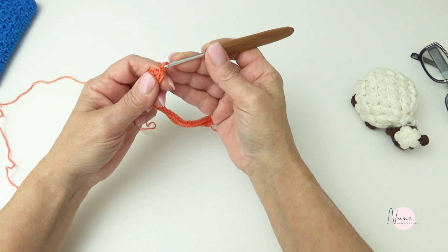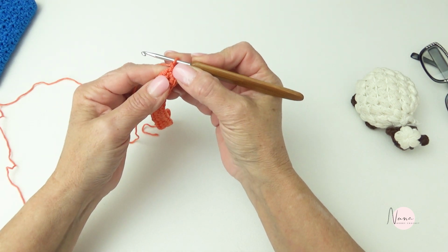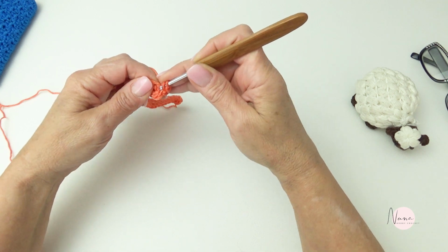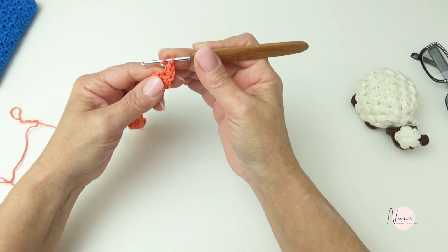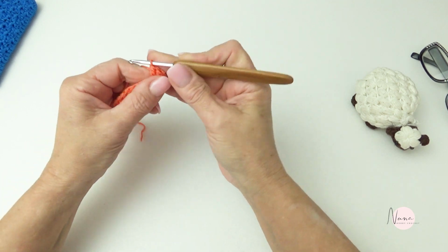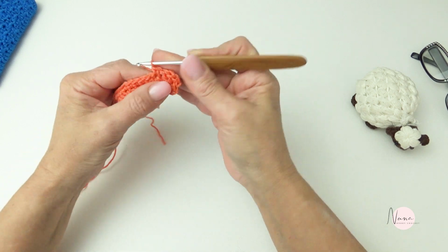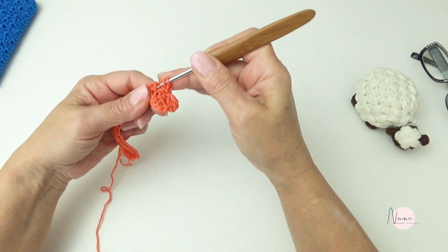Okay, so chain 1, and the first stitch here where I closed it with a slip stitch, I'm going inside again, and I'm gonna do 1 single crochet. In the same stitch I'm gonna do half a double crochet and 1 double crochet in the same stitch. Okay, then I skip 1, 2, and the third one I'm gonna do it again, single crochet, half a double crochet, double crochet,